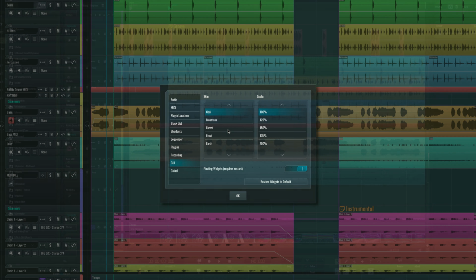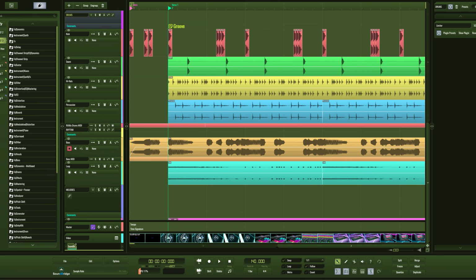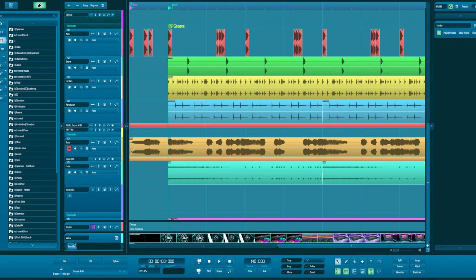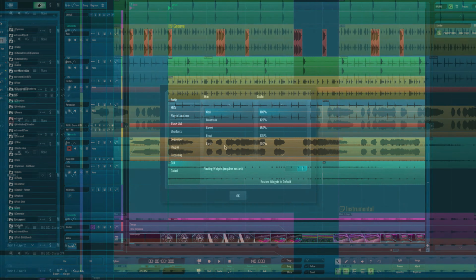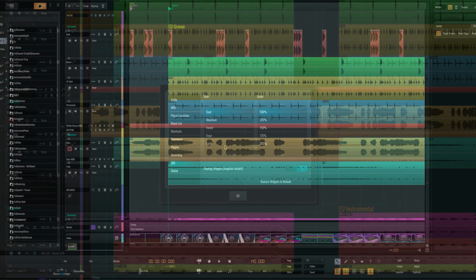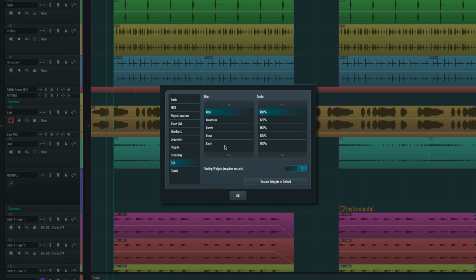And then here's Forest. And then this is Frost. And then here's Earth. Now, Earth, to me, reminds me a little bit more of the Bitwig user interface, which I think is quite beautiful. Of the 5 current choices, I think that Coal and Earth are the most usable. That's at least from my perspective. And I've operated mostly using the default skin, but then Earth also looks pretty good, and I've been using that